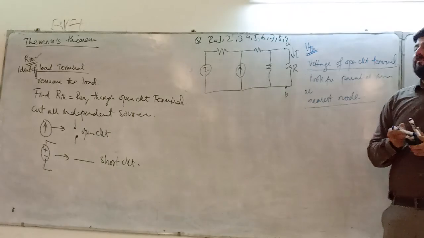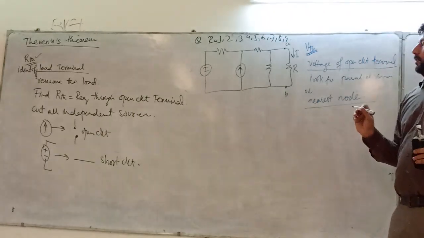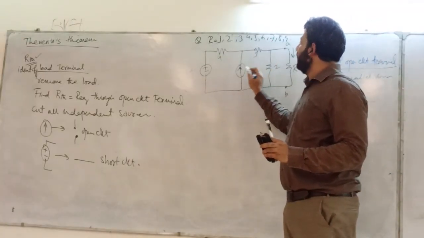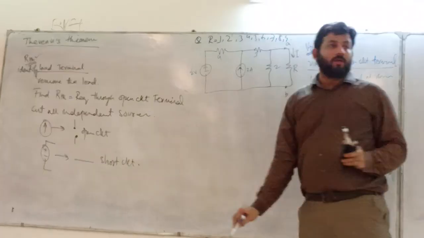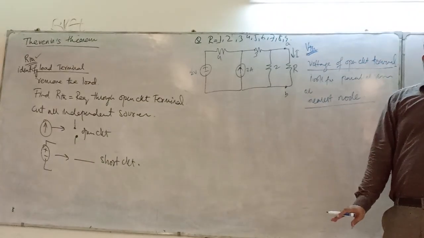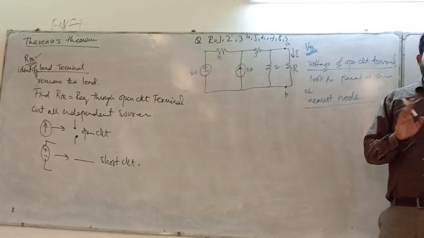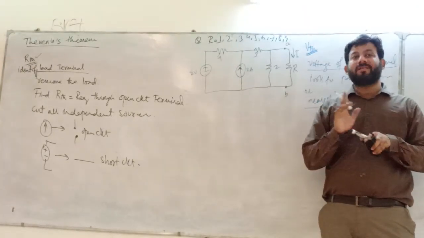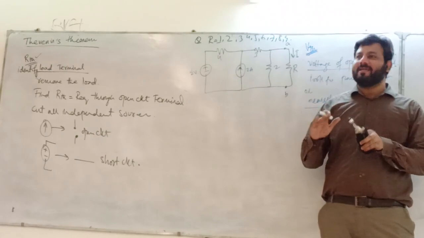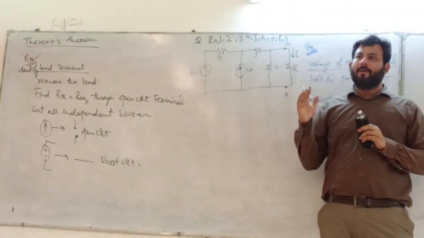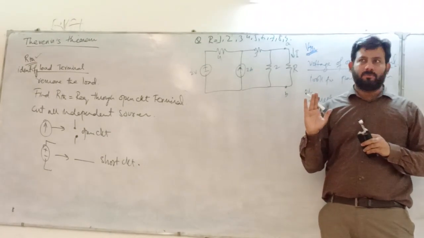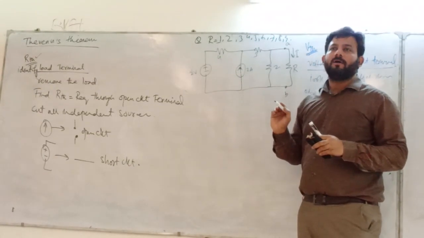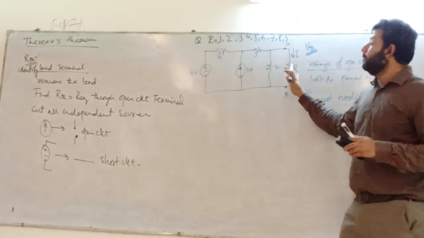So for R Thevenin, what should we do? For example, this is 2, this is 3, this is 4. First, remove all independent sources, not dependent, independent. Dependent has a separate method, so we will see it later if time permits. Kill all independent sources and